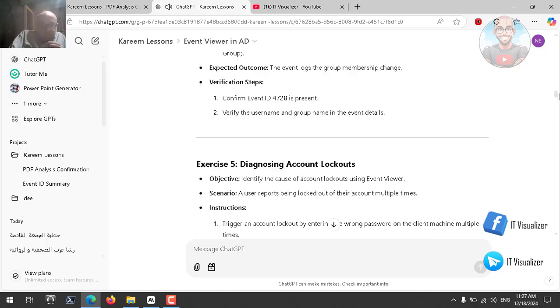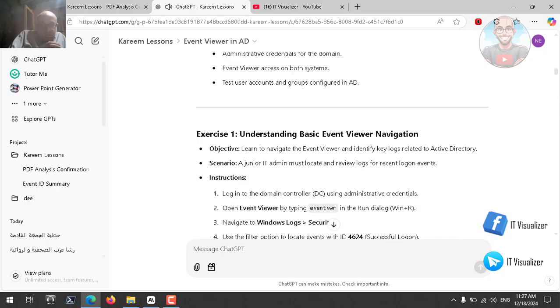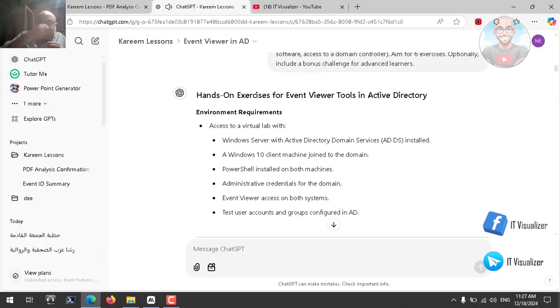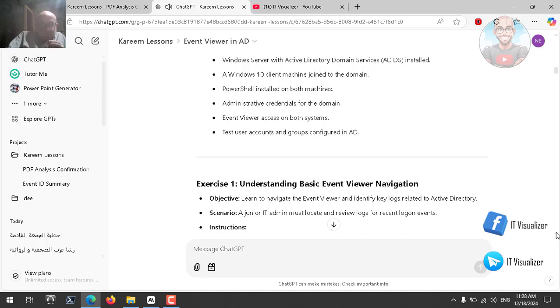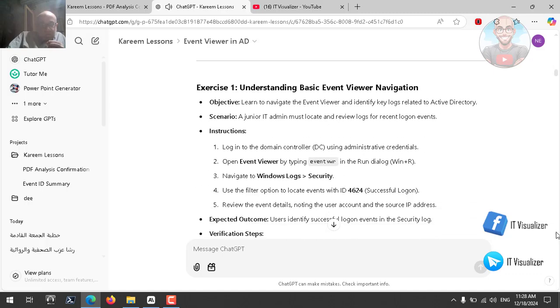Hands-on exercises for Event Viewer tools in Active Directory. Environment requirements. Access to a virtual lab with Windows Server with Active Directory Domain Services, AD DS, installed. A Windows 10 client machine joined to the domain. PowerShell installed on both machines. Administrative credentials for the domain. Event Viewer access on both systems. Test user accounts and groups configured in AD. Exercise 1. Understanding basic